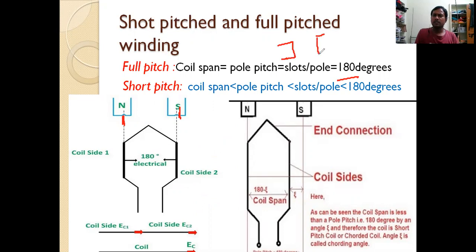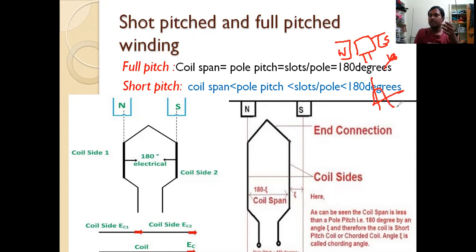Also, you can see that north to south the flux will close. This is the starting point and this is the ending point, and the total electrical phase shift is 180 degrees. Otherwise, if you know the single loop generator, this is north and this is south. If a conductor rotates for 180 degrees, the sinusoidal positive half cycle is produced, and after that the negative half cycle. But north to south is simply 180 degrees.